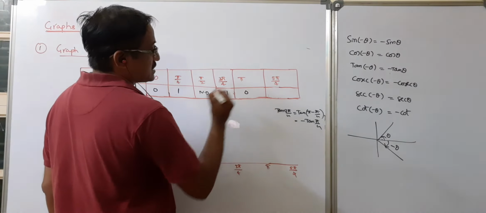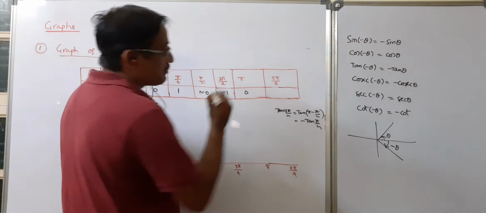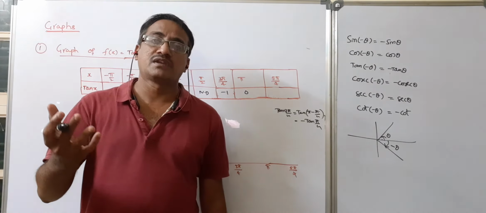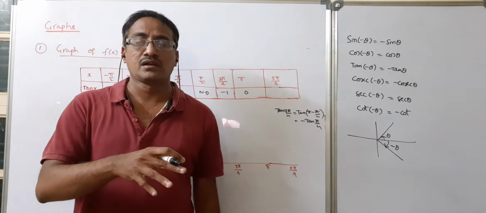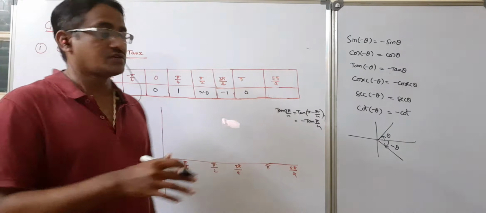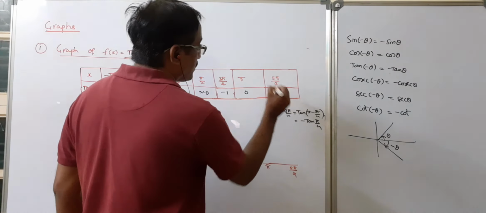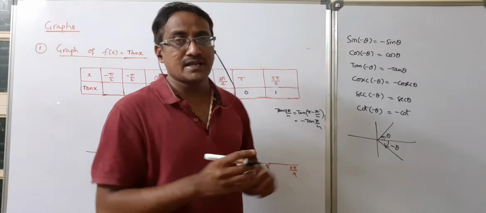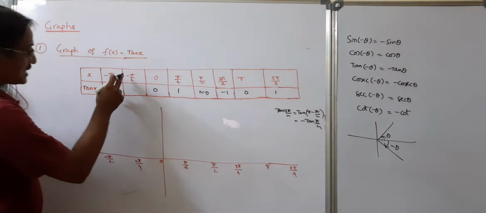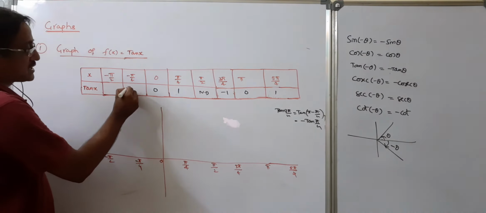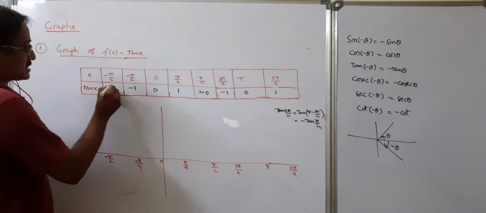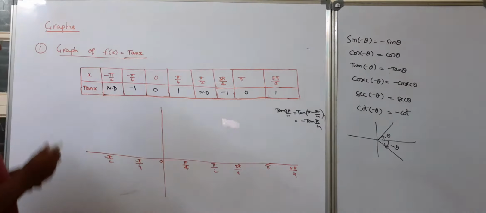Tan 180 degrees is 0. Tan 5 pi by 4 is tan of pi plus pi by 4. It is in the third quadrant, where tan theta is positive. So you will get tan pi by 4, and it is 1. Tan of minus theta is minus tan theta. So tan of minus pi by 4 is minus tan pi by 4, so minus 1. And again this is not defined.